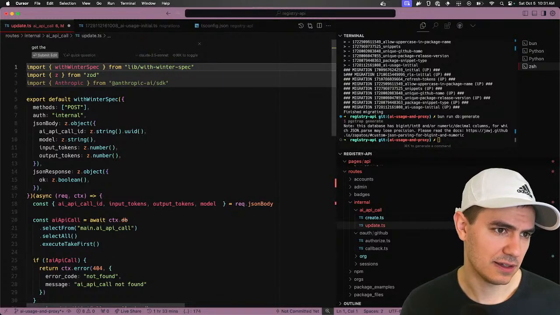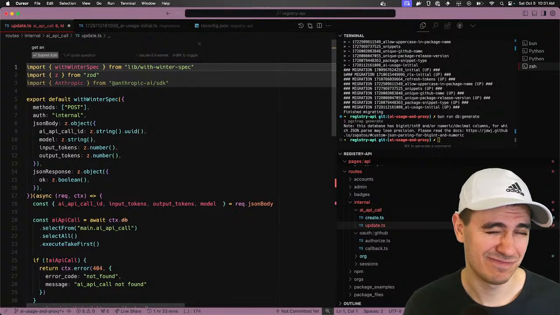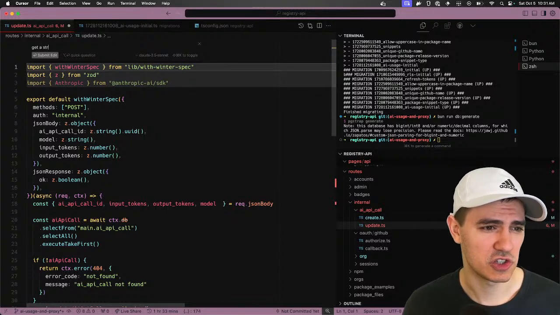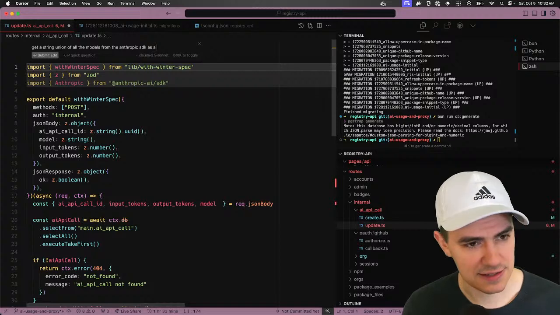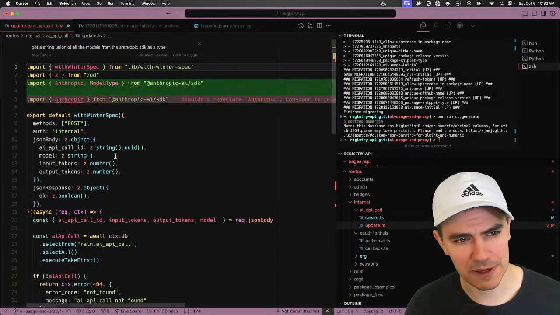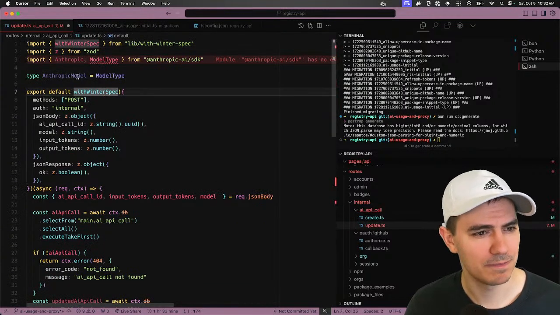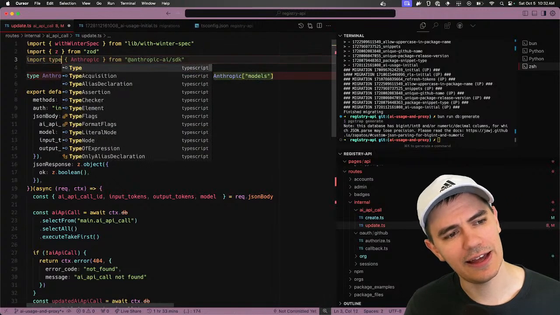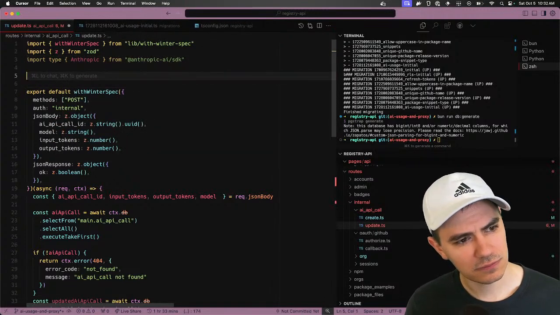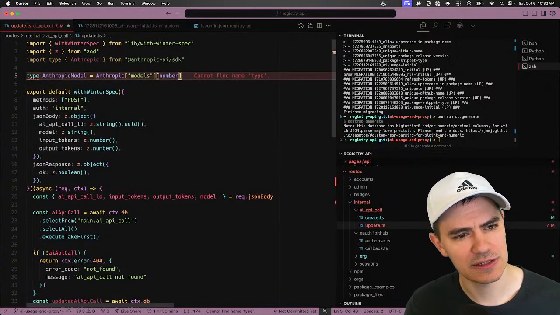Get a string union, not an enum, of all the models from the Anthropic SDK as a type. The Anthropic SDK's types are kind of meh. Yeah, the model type doesn't exist there. This is gonna be tough. They should really export this.